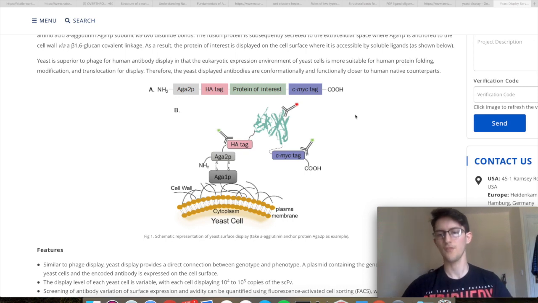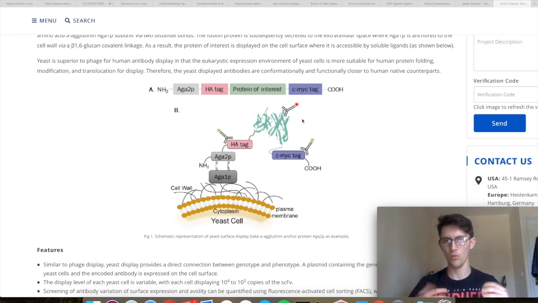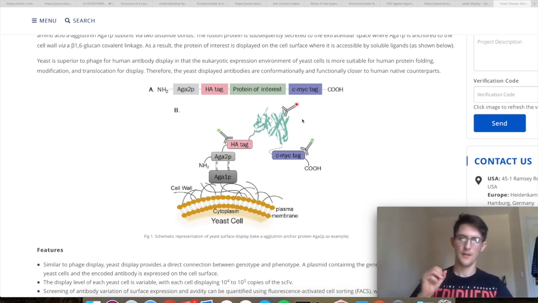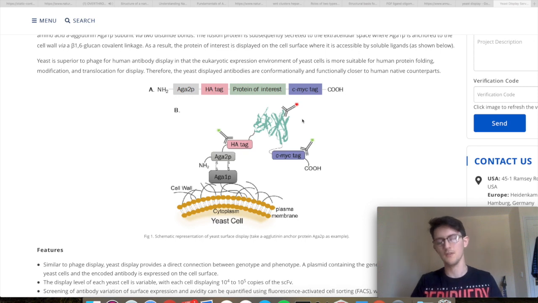So the workflow in this case would be that we'd have our pool of nanobodies exposed at the cell surface of the yeast. We would then add our target protein. So that's the thing that's shown as an antibody here, quite confusingly. The thing that we want to generate a nanobody for. That has some sort of fluorescent tag on it, and we use the fluorescence activated cell sorting to separate the things that don't bind the fluorescent signal, i.e. the tagged target protein, away from things that do. And very rapidly we can build up a pool of nanobody constructs that have high affinity for our protein of